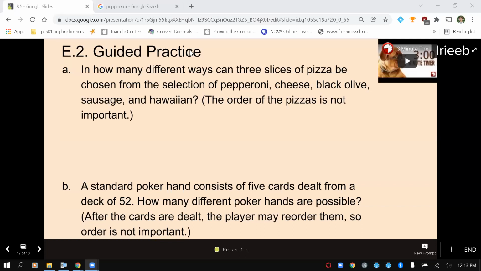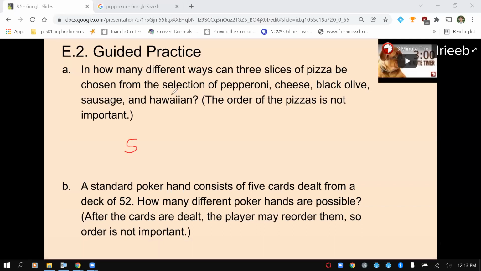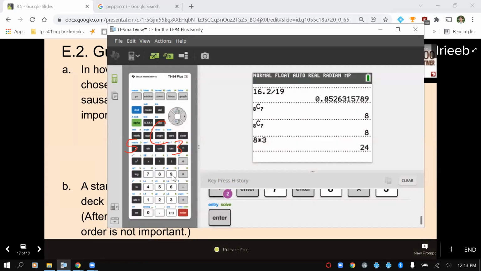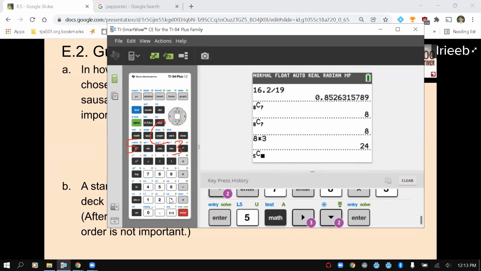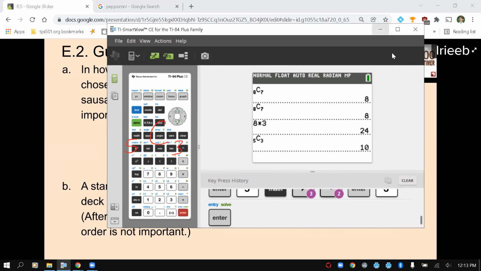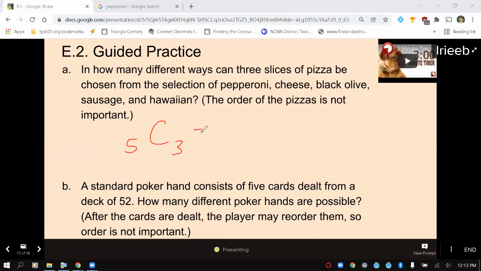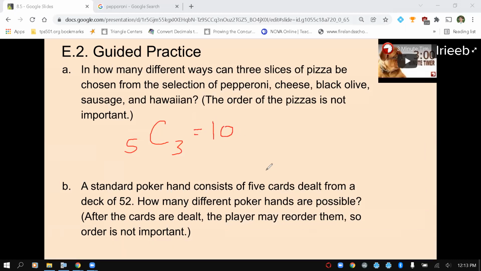So because order doesn't matter, I have 5 possible choices to pick from, and I am choosing 3 from those 5. So that is 5C3, which is 10. And really, again, when it's 5 choose 3,